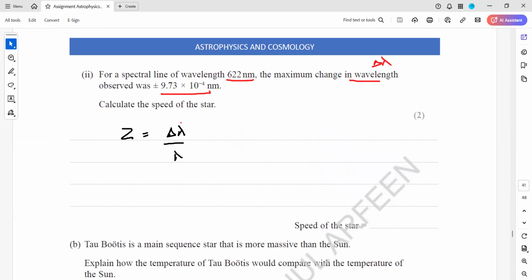So what is the change in the wavelength? As it is written, it's plus or minus. Why is it written plus or minus? Because when it is moving towards us and going away at the same speed, the change in wavelength will be the same. Divided by